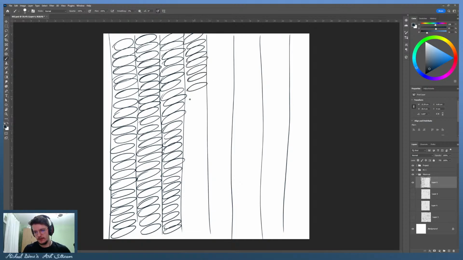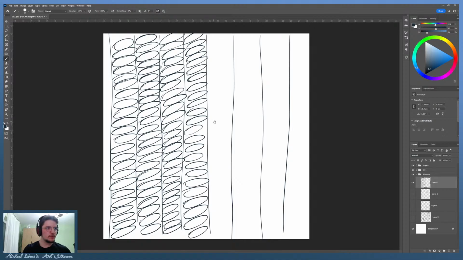Yeah, so you see the ovals that I'm making. It seems like they get narrower and narrower. And I think that's because my hand intuitively tries to go horizontally with them. Not sure why, but